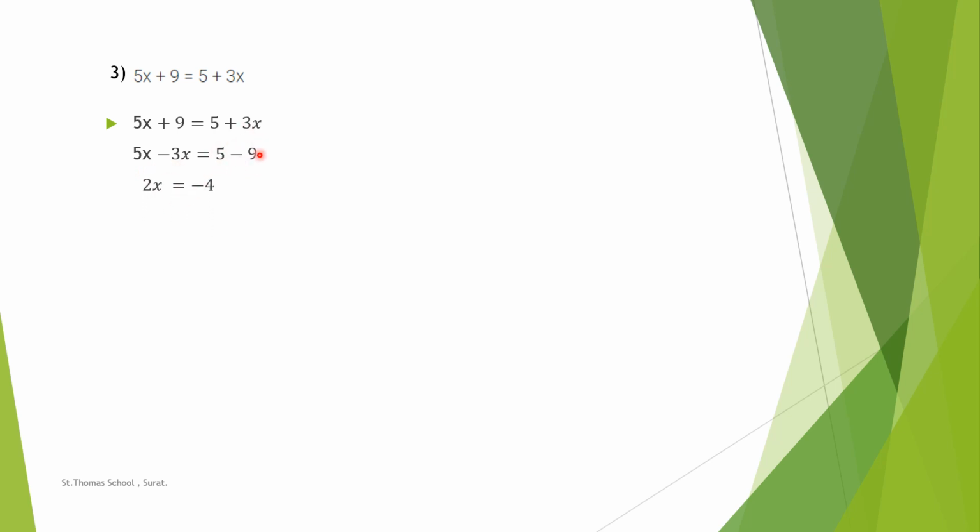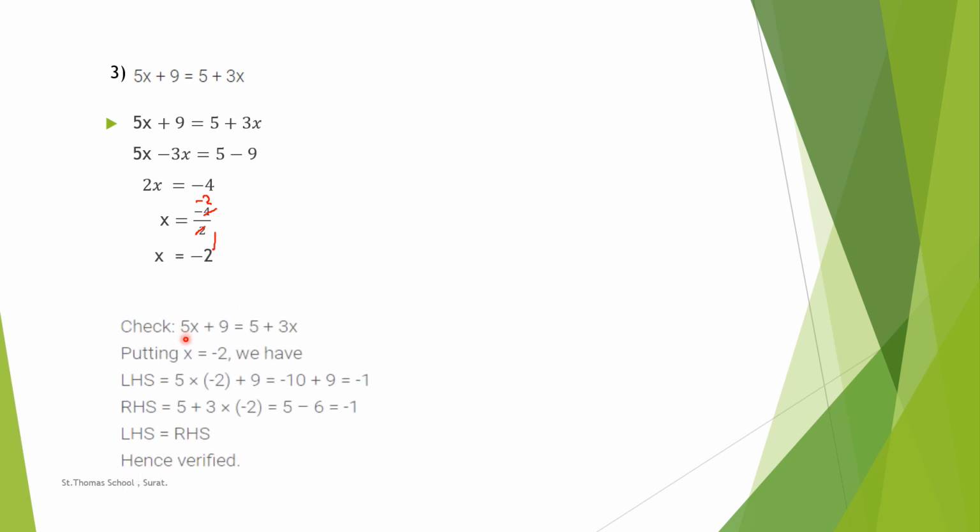One is positive number, one is negative number. We have to subtract and put greater number sign. So 5 minus 9, that is minus 4. Now this is multiplication. If it comes here, it becomes division. So x is equal to minus 4 divided by 2. Now we can cut here 2 ones are 2 and here 2 twos are 4. And this minus sign, put here minus sign. What is the answer? X is equal to minus 2. It's clear?